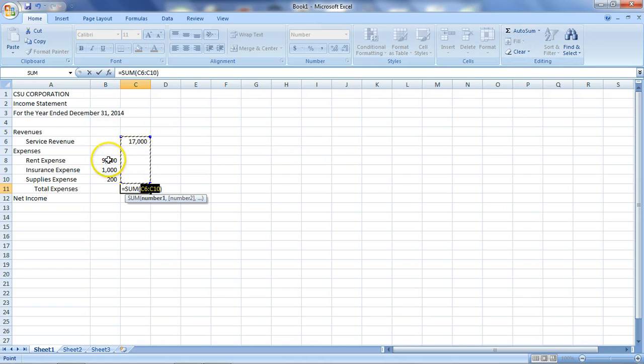So I'm just going to take my mouse over and click and hold it down and drag all the way. You can see it's got a formula here, or I can read it up here. I'm going to sum cell B8 through B10 and hit enter. So that's one way of adding up the expenses. Let me delete that. The other way would just be to equal, and I could do 9,000